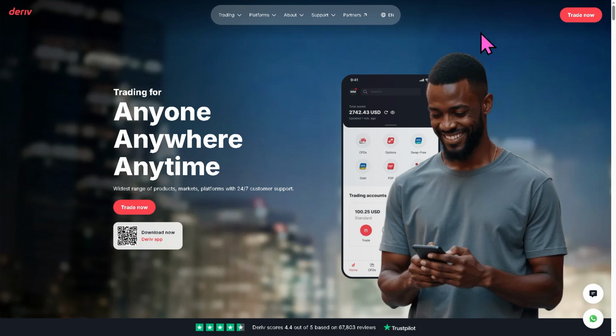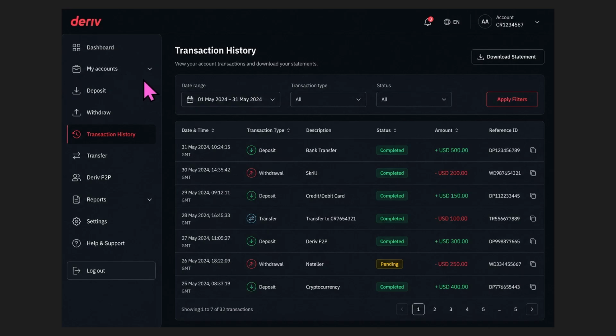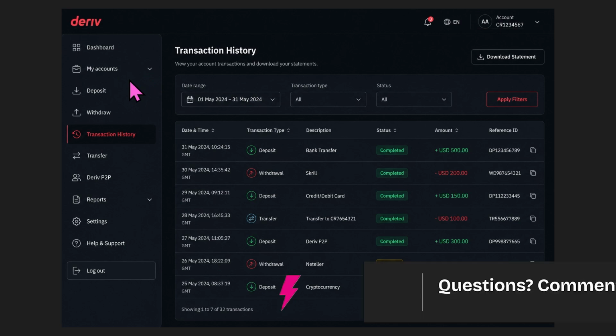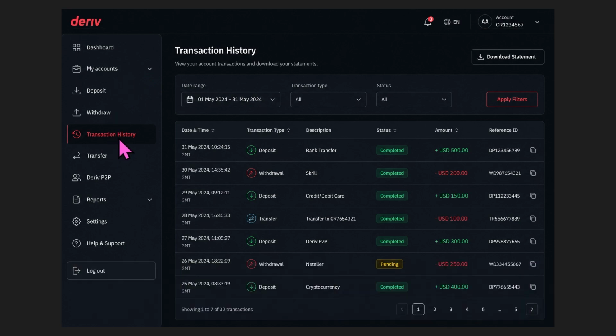Now, the first thing that you need to do is log in using your credentials and then look toward the main menu, which can be found on the left side, and scroll down until you find the transaction history. Now, depending on the version of the platform you are using, sometimes it gives you an option through the cashier or reports section. Now, you will see a detailed list of all the account activities, including deposits, withdrawals, transfers, and